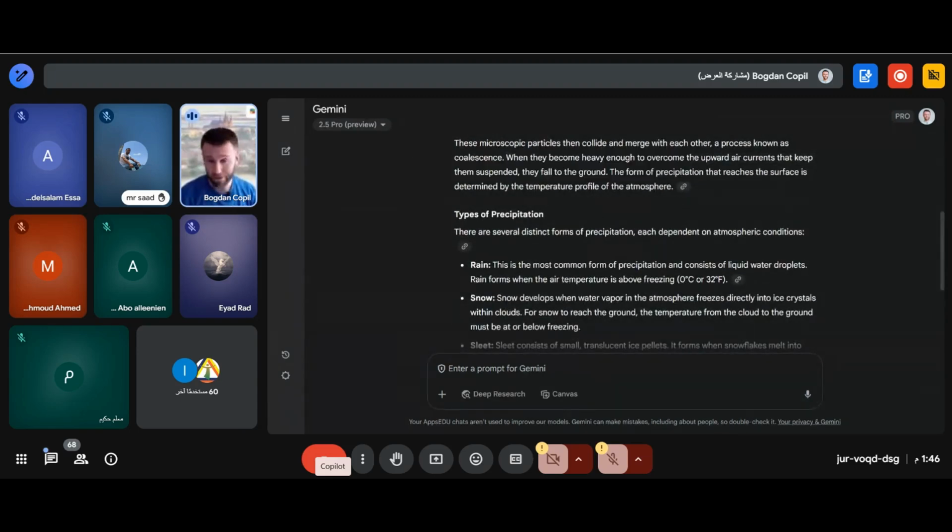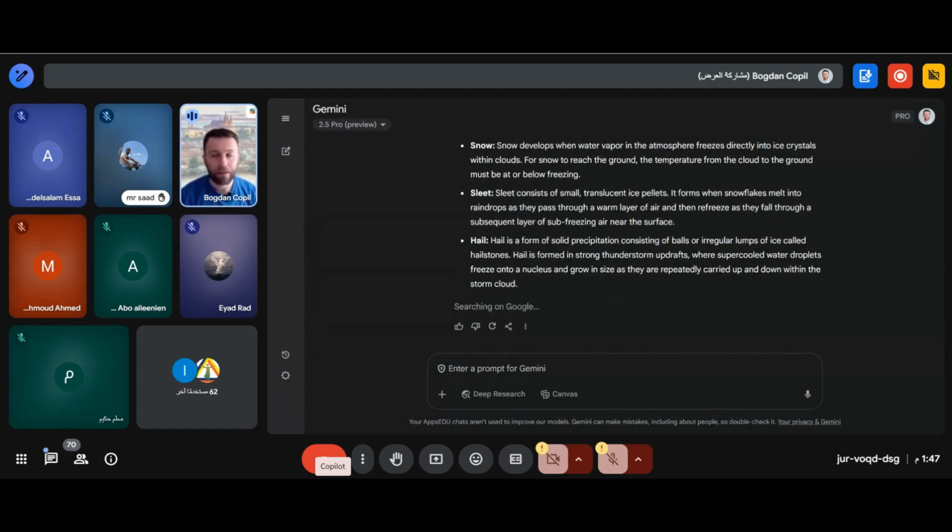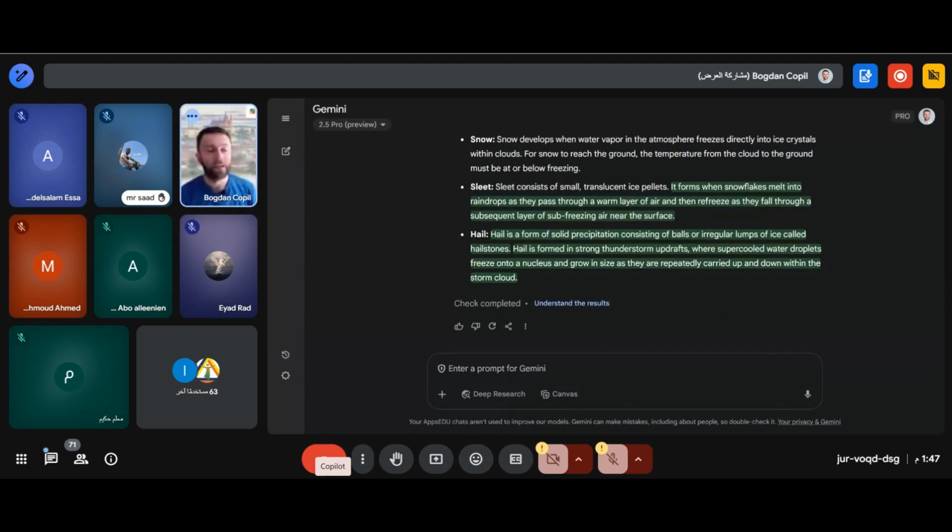It shows me the sources. These are external. They are not chosen by me. But what I have is I can go to more, and here I have the option to double check my responses. So whenever I have factual information that's pulled from the web, I can double check the responses,